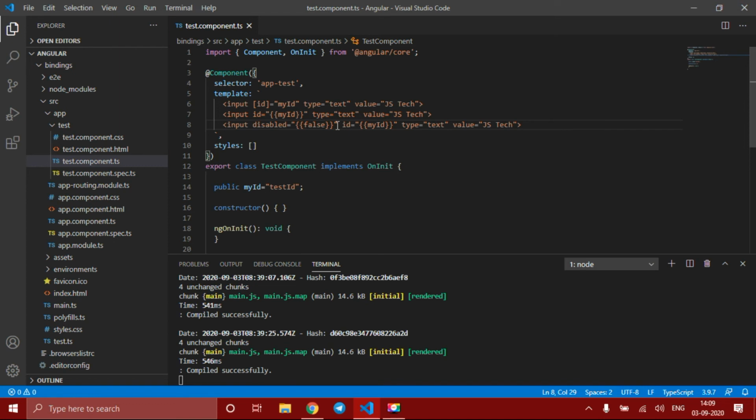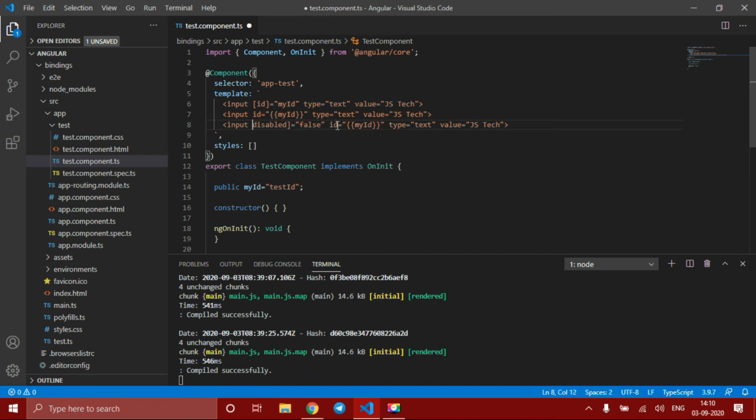The limitation is that interpolation only binds string values. It won't work for boolean values or integers. It won't work for boolean values in our case. So if we interpolate false also, there is no use. In such cases we can't do interpolation.